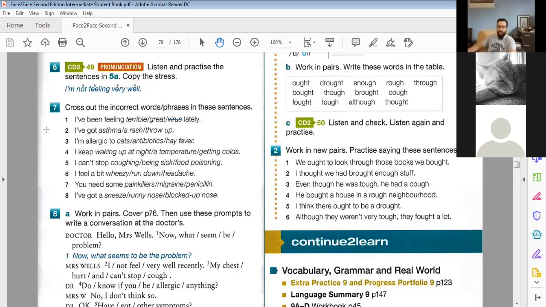Number 7, 2 here, this one. I'm trying them together. I've got a rash. Okay, try all 3 of them. And the weird one, this means we need to cross it out. Two of them will work, but one of them won't. Okay. I've got asthma. I threw up. Yes, exactly right. So let's cross it out.